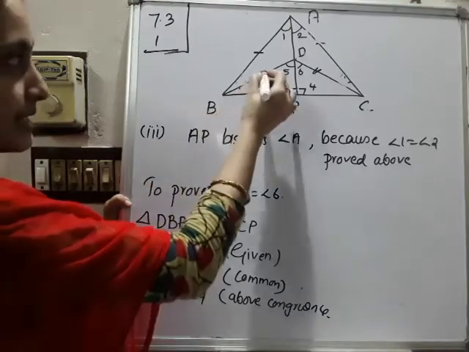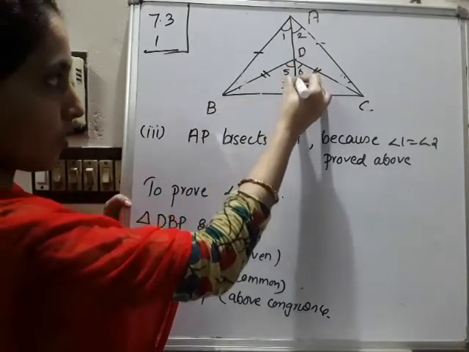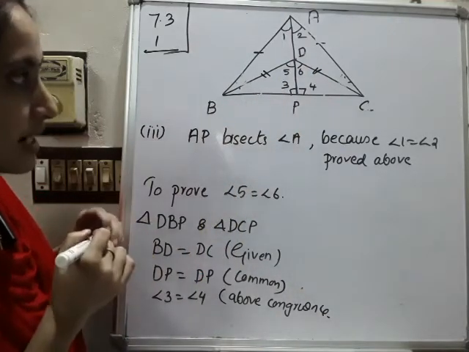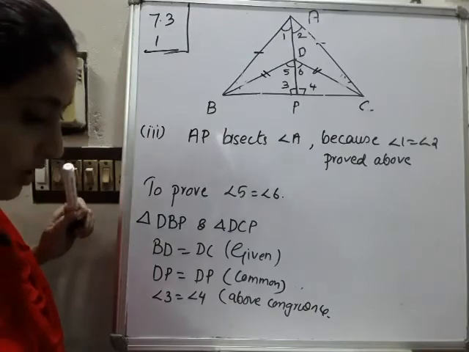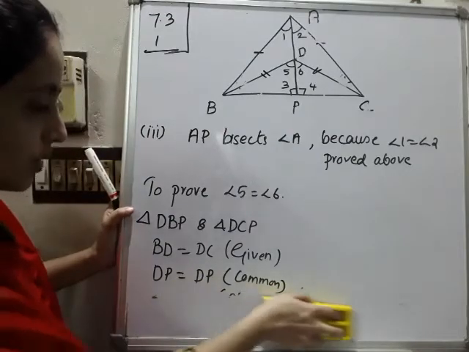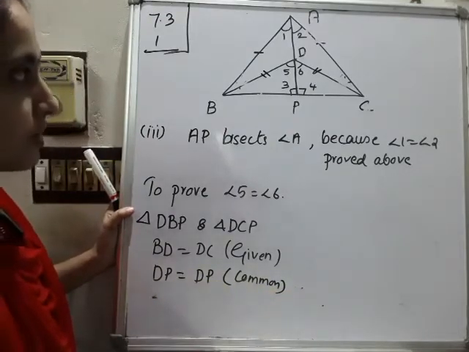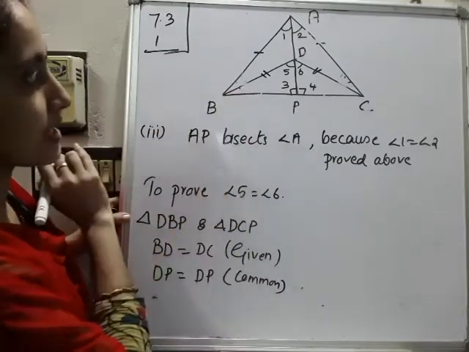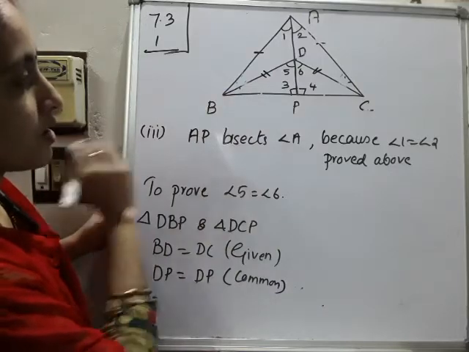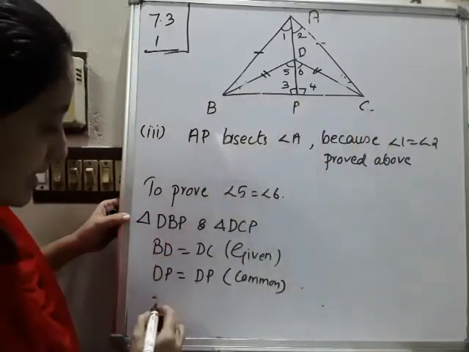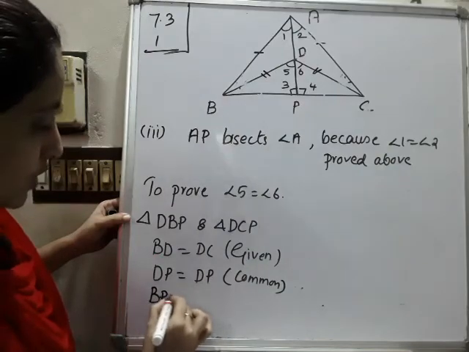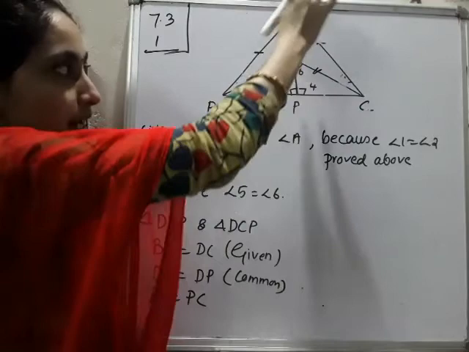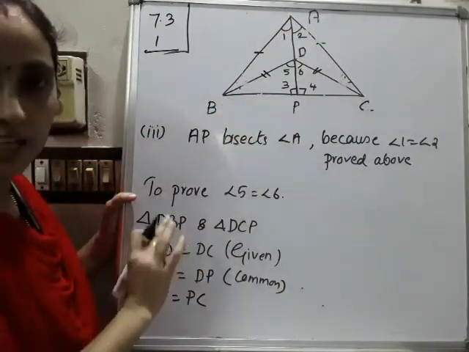Wait. BD, this side and this side are equal and this is a common side. Yes, 90 degree we have not mentioned, so we can't take that. Sorry for that. So we can't take angle 3 is equal to angle 4. Because if it is 90 degree, then you have to write that. Otherwise, we can say BP is equal to PC. How? Because we already proved this big triangle and this triangle are congruent. So by corresponding parts they are equal.